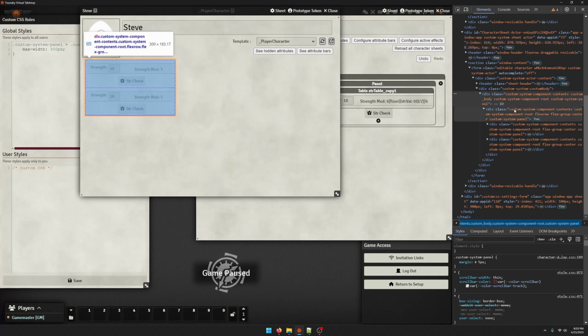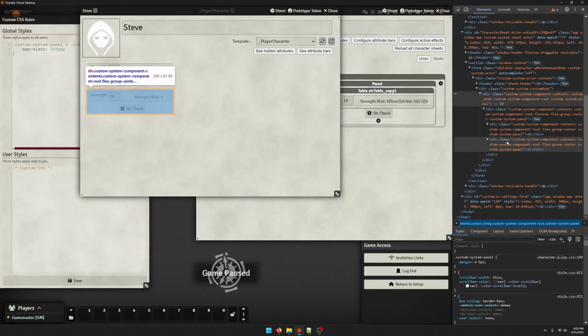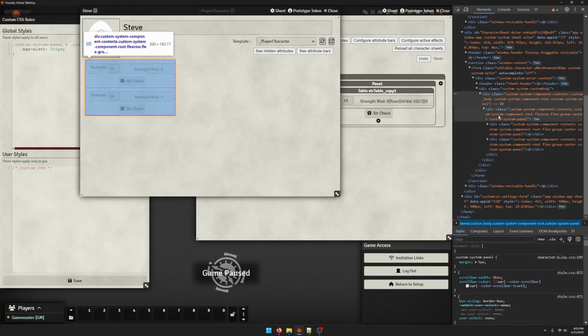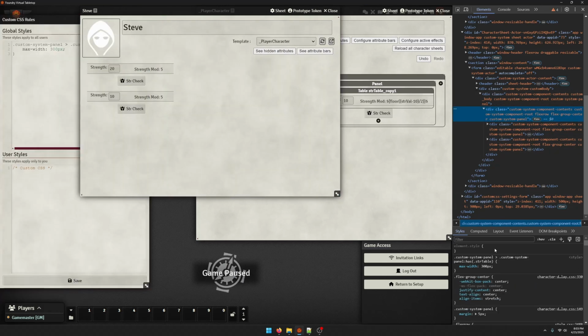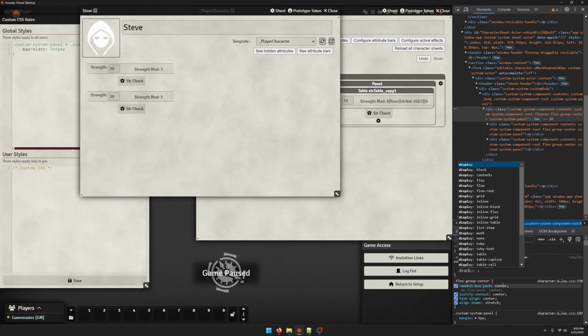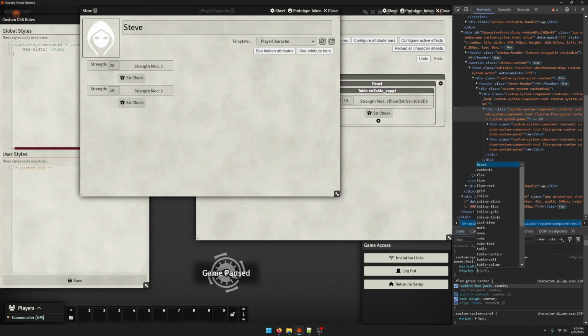Looks like it grows with the sheet, so it's not a thing with it not having enough room to do it. So I think it might be something to do with the display. So if we go down to this div, which is where we set the max width already, and just to play with it, I use the F12 menu to play with things because it gives you autofill, and I can just sit here and go, okay,